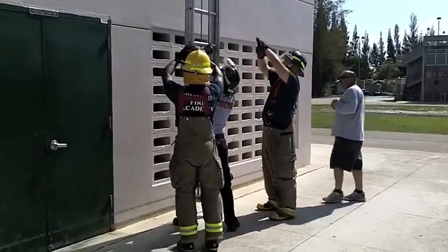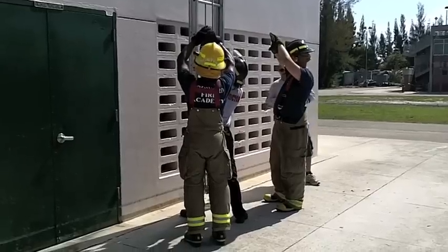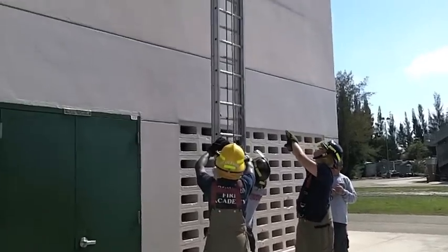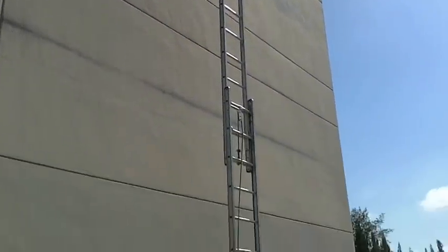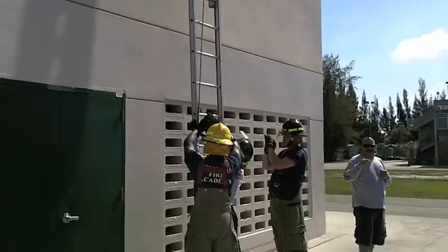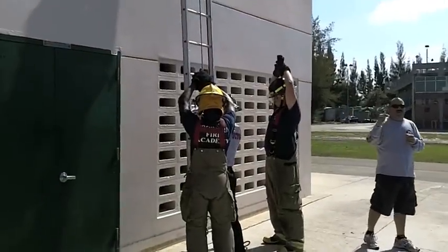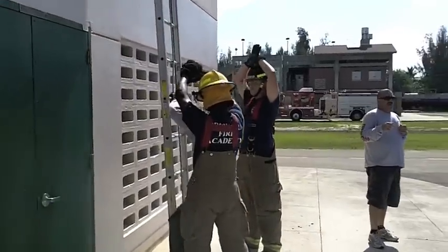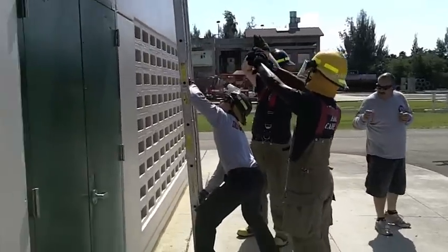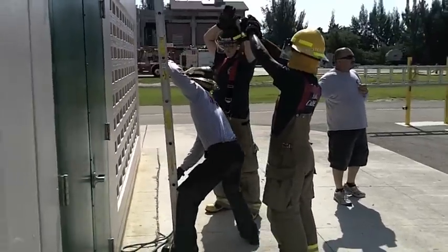He's got the ladder footed. Now he's going to raise the fly section. Dogs are locked. You're going to say that. That lets us know that you know that the dogs are locked and the ladder is secure. You do not let go of the halyard. As soon as you untie it, as soon as you grab, you do not let go until that halyard is